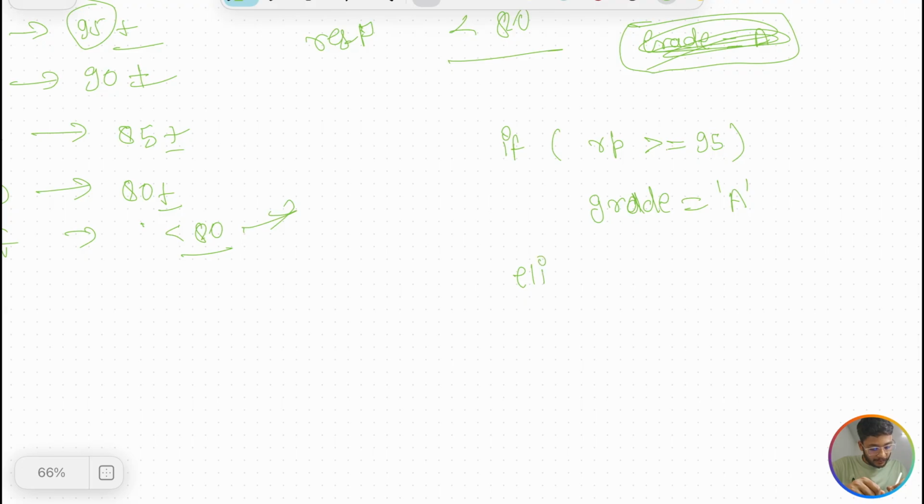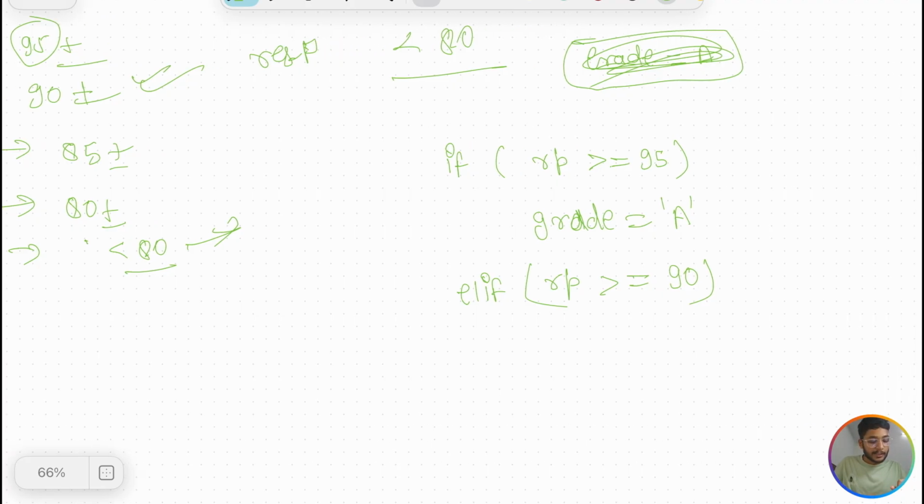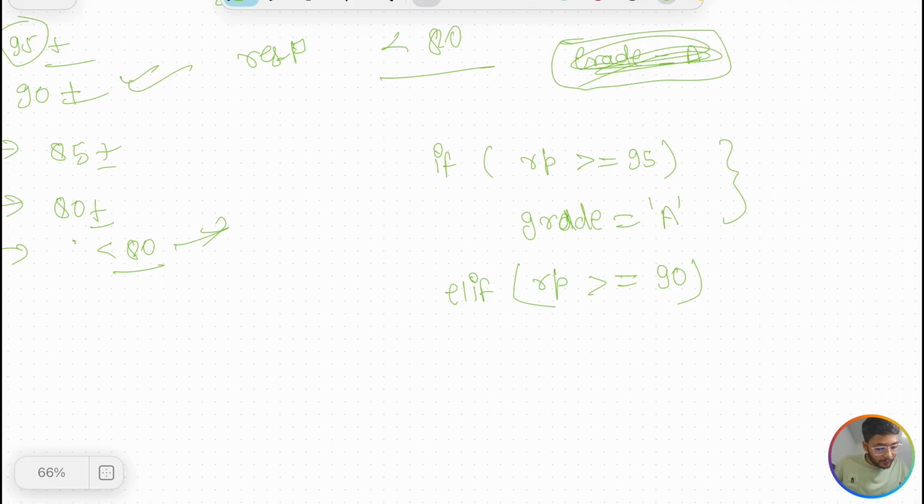Else elif, you have other conditions, right? If it is greater than 90, for this condition you will say RP, result percentage, greater than equals to 90. Now you will think, okay, it's greater than 90, but what about the other condition, it should be less than 95, right? That condition we already covered here, so we don't need to write it.